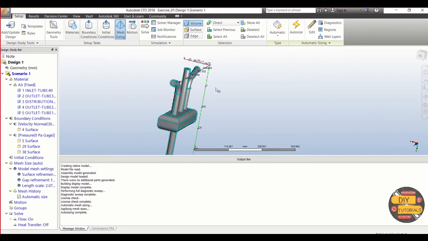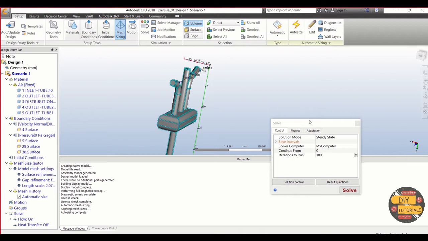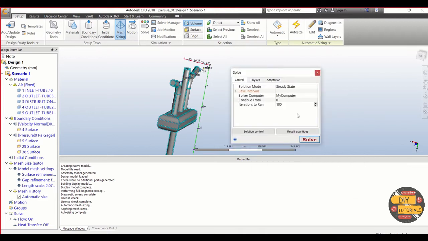Now let's go ahead and solve the problem. In order to solve, click on the solve button here, and in the physics tab, since it's air, it's always compressible flow. Keep it as on.